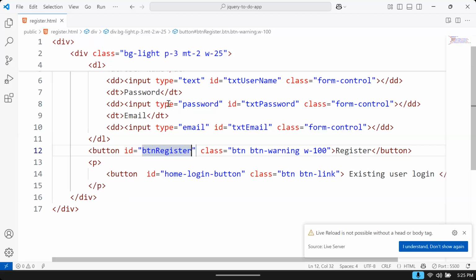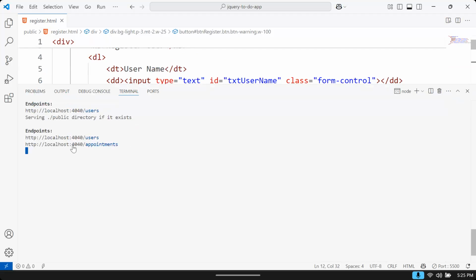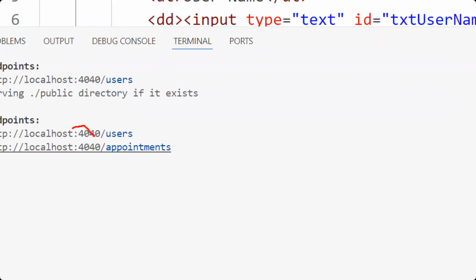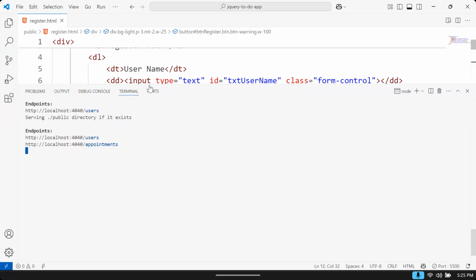For registering users, we have an API now. What is the API method? On 4040, you have users. We already know how API routes are created. Users will have a post method. Into users, you can post user data. So what we will do now here,